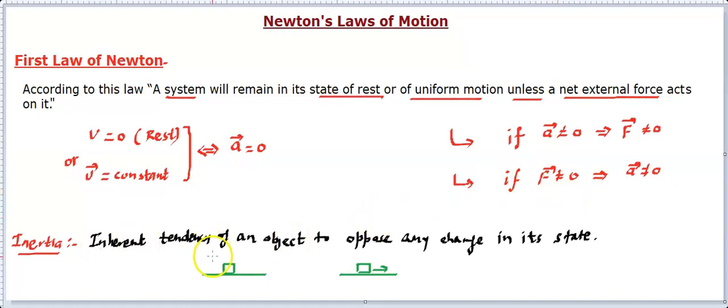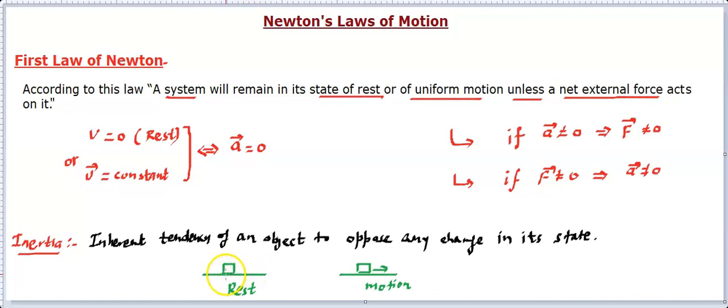So inertia maintains its tendency, whether it is of rest or of motion. That means a rest object would like to remain at rest. A moving object will try to maintain its motion. It will not stop on its own. And you can experience this when you are riding a scooter and want to stop. A few things you need to do. First, you need to release the accelerator so that it slows down. Then you need to apply brakes, and until you do this, you will find that it will keep on moving. Similarly, if you want to start moving any object, you need to push it or maybe pull it. Unless you do this, it will not move.